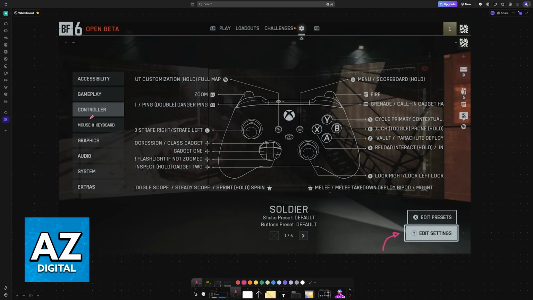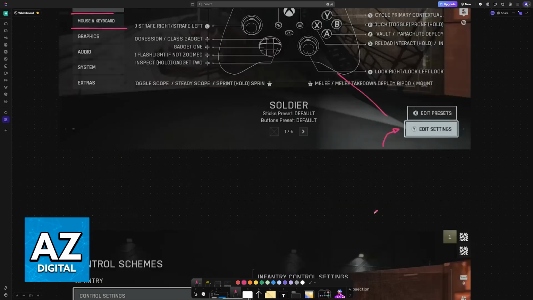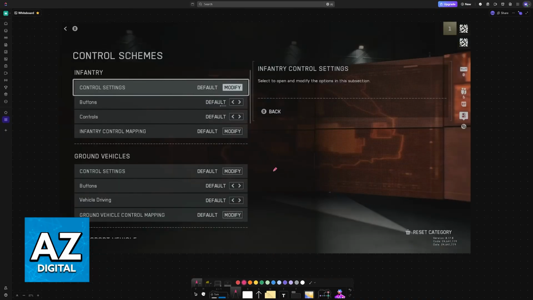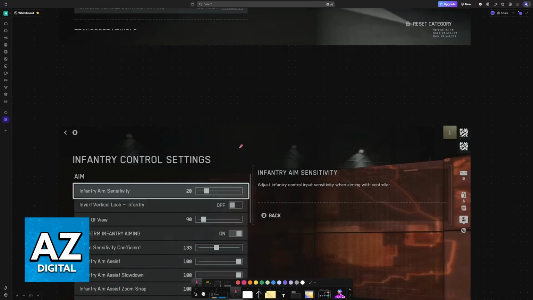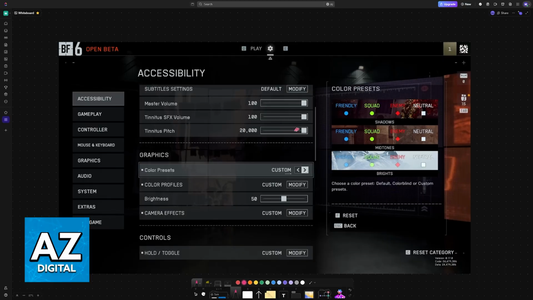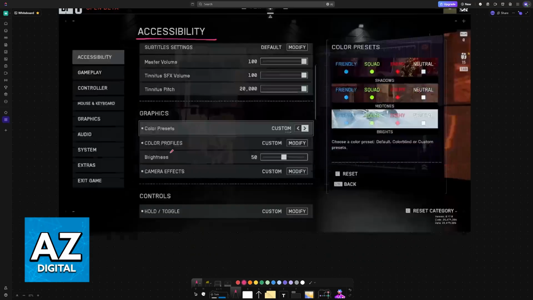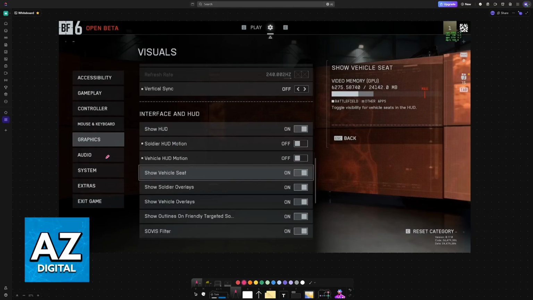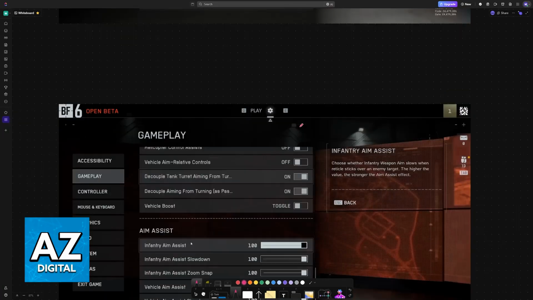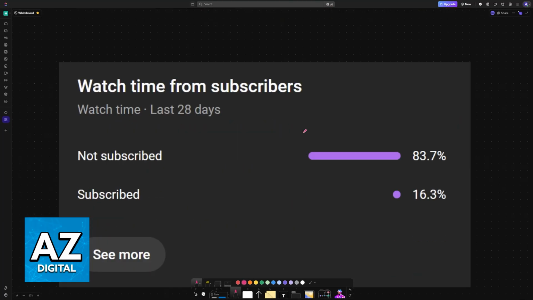You can go over to controller settings or mouse and keyboard if you want to change the keybinds and every single individual button attributed to your controller or keyboard and mouse, change the sensitivity, and so on. All of the settings will be applied right away, and this will work for any platform. You can find accessibility settings if you would like to change graphics or additional settings to make the gameplay feel better. You can change visuals on the graphics, enable or disable graphical options, vertical sync, refresh rate, resolution, and so on. So I hope I was able to help you.